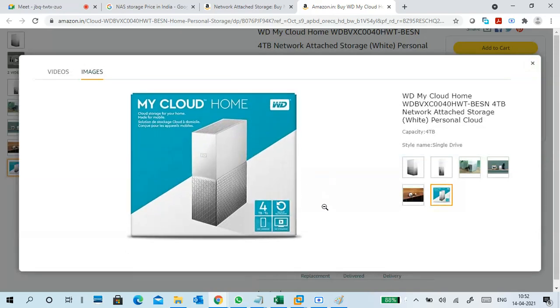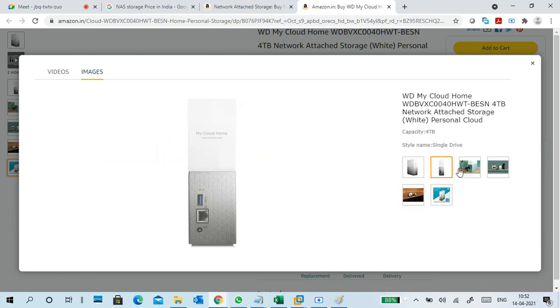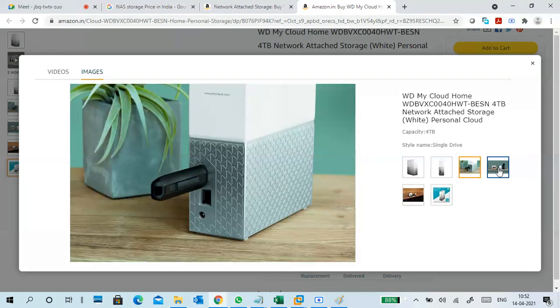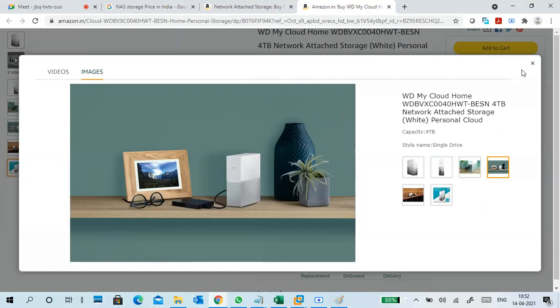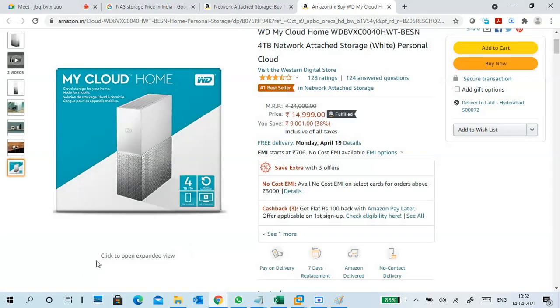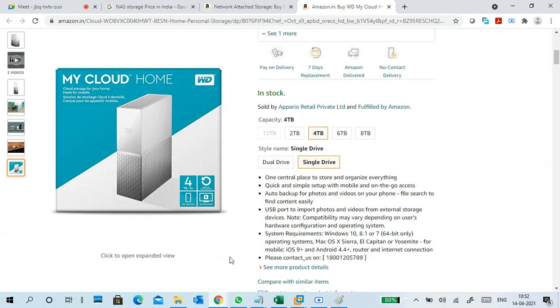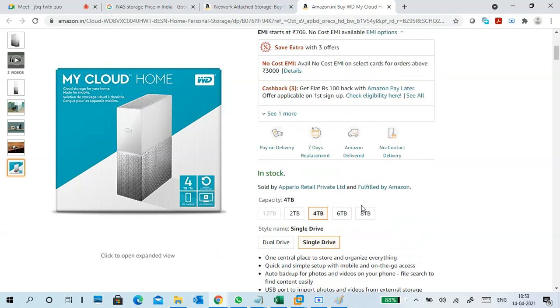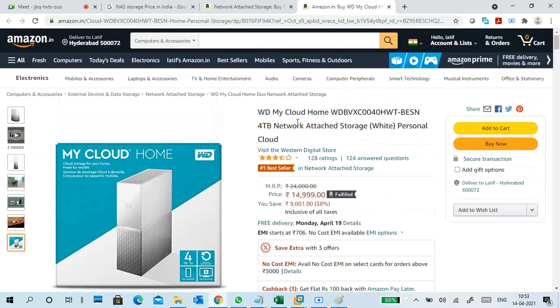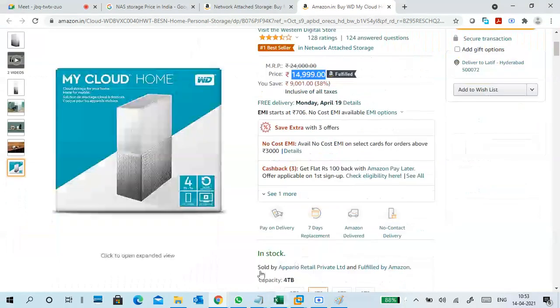It supports up to 4 terabytes of attached storage, personal use, and we have to verify whether it contains 4 terabytes of disk or we have to attach the disks ourselves. You can see different options like 2 terabyte, 4 terabyte. 4 terabyte is a good one, around 1500.